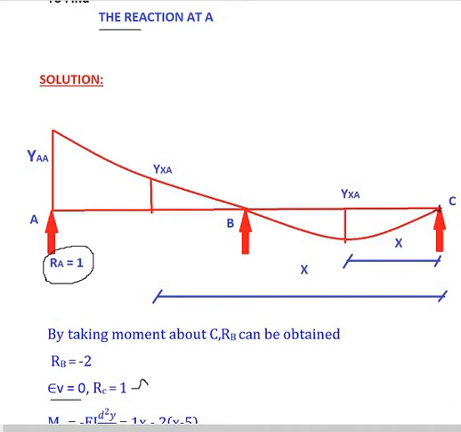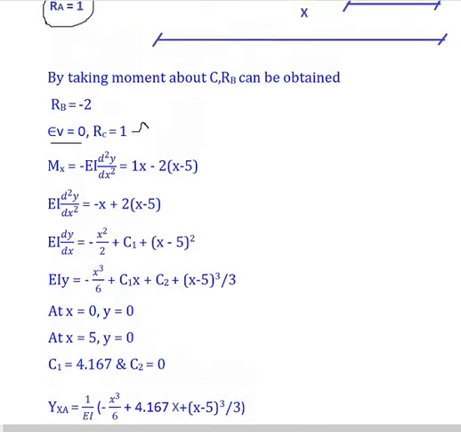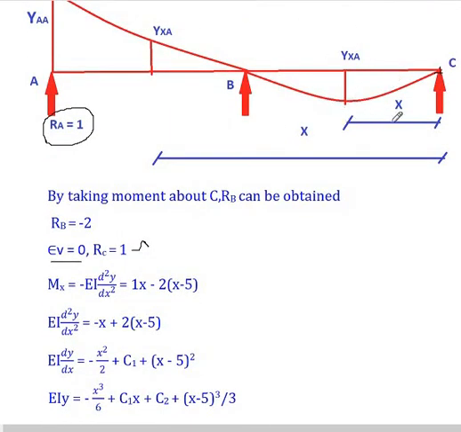The next step is the moment equation. The moment equation is moment about x, which is equal to minus EI d squared y by dx squared, which means we have to take the moment at the x distance. Here we can see two sections. The first section is AB and the second section is BC. At x distance the deflection will be yxa, and in the second portion the deflection will also be yxa, because we have given the unit deflection at support A. So the deflection at some x distance corresponds to that unit displacement. YAA represents the deflection at the support A.